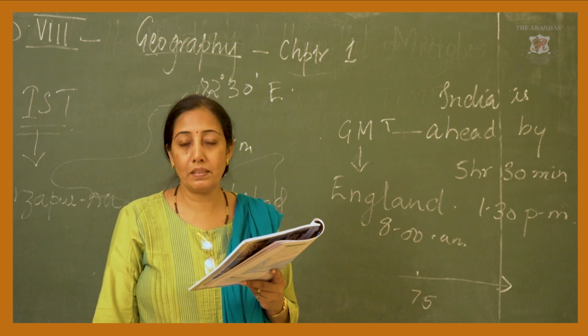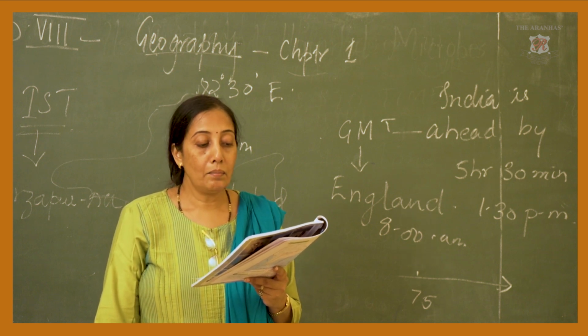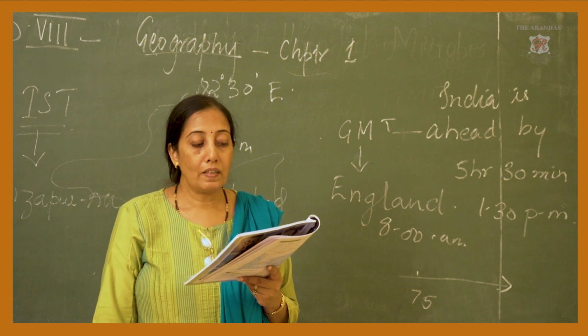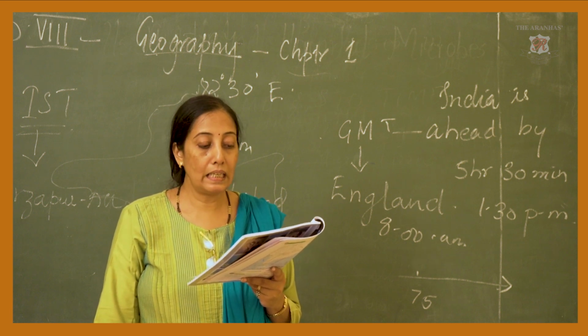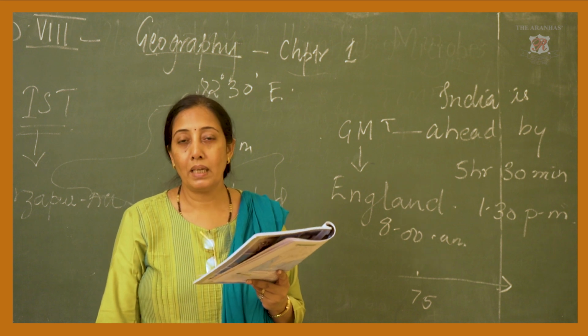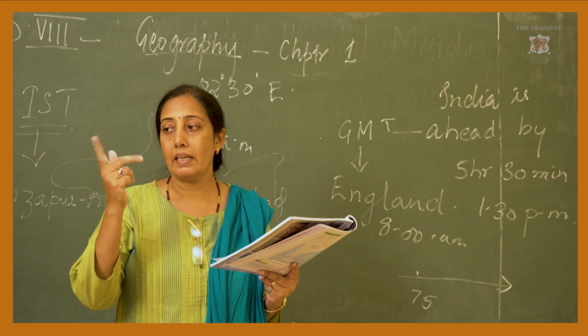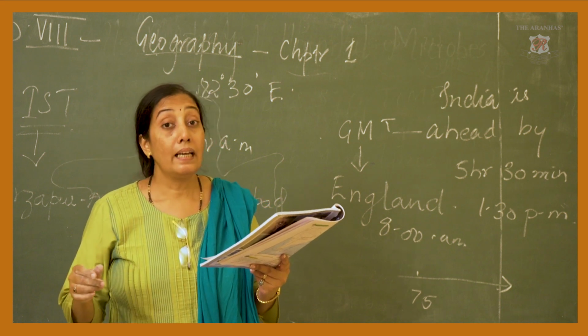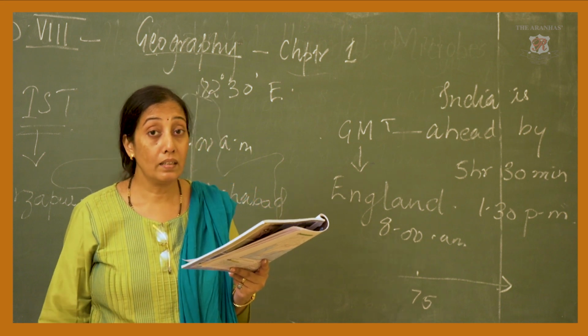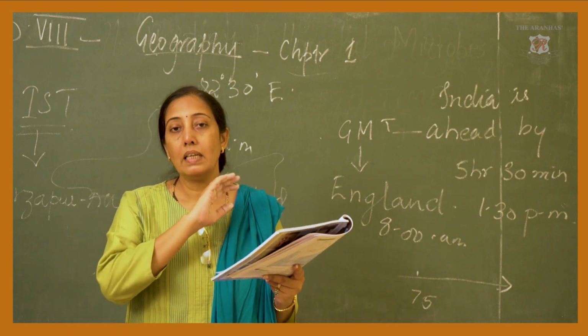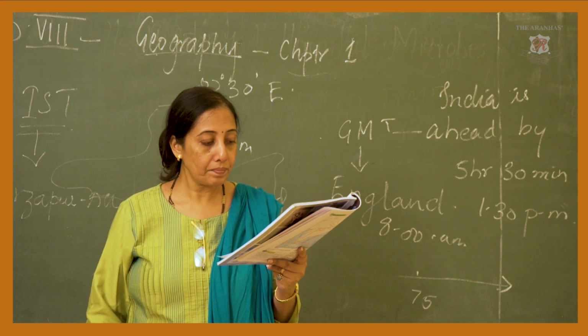So there, another example is given. The Indian Standard Time is 5 hours 30 minutes ahead of GMT. If it is 5 p.m. at Greenwich, then in India it would be 5 p.m. and add 5 hours 30 minutes, 5, 6, 7, 8, 9, 10. It is going to be 10:30 in the night. Okay, that's a late evening, whereas it is early evening in England.